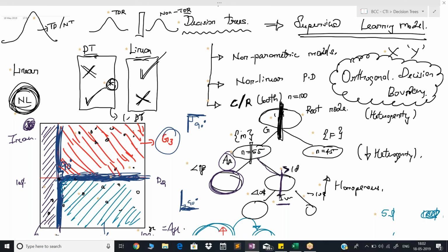If it's going bad in some cases, just go back and create many decision tree models and combine the predictive powers coming from all the decision tree models. That's it. Okay. So decision tree models: supervised learning models, non-parametric in nature, non-linear in nature. Classification and regression is something that they can do. It creates an orthogonal decision boundary, which is more suitable for non-linear data,